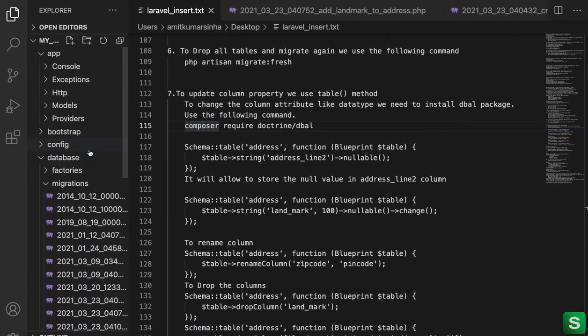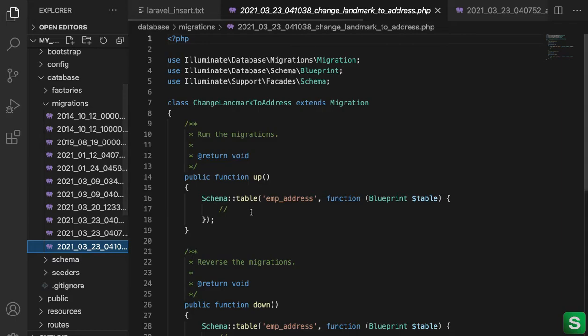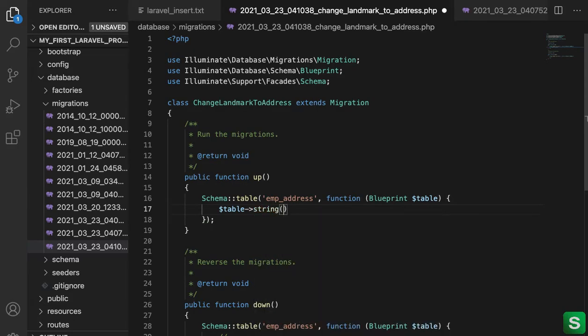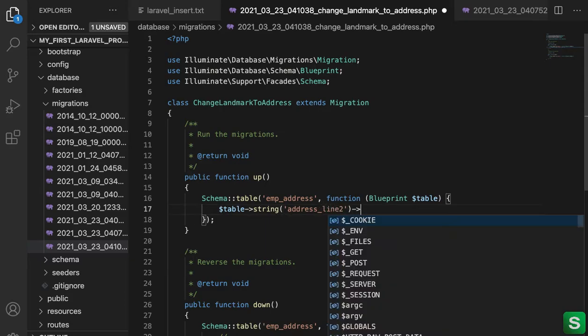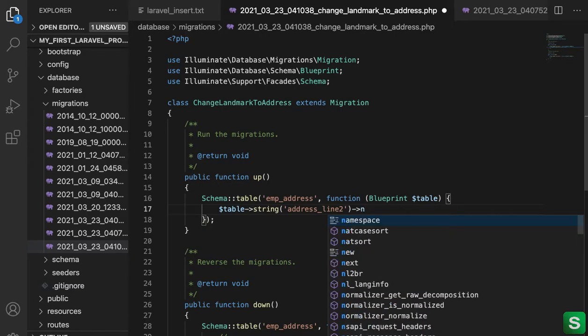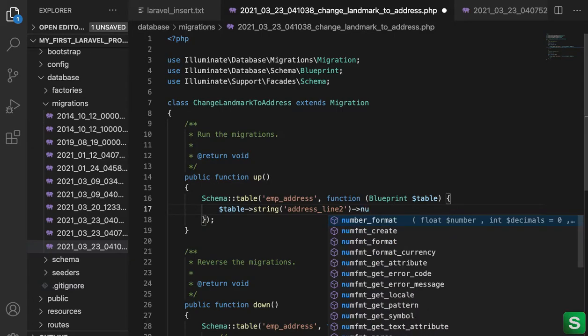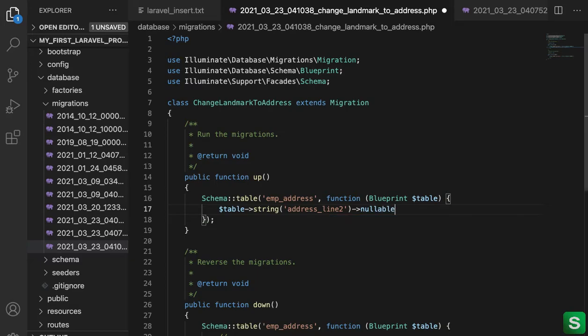Come to here and put here dollar table, string. First one address line 2, it should be nullable. Maybe anyone has no address line 2, nullable.